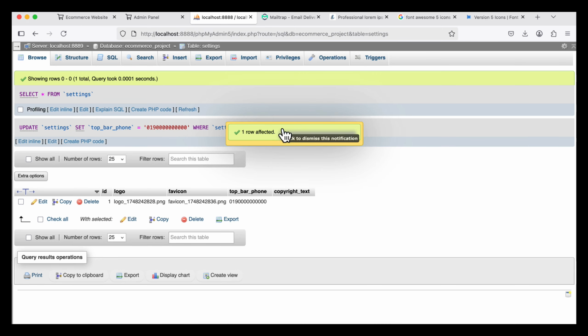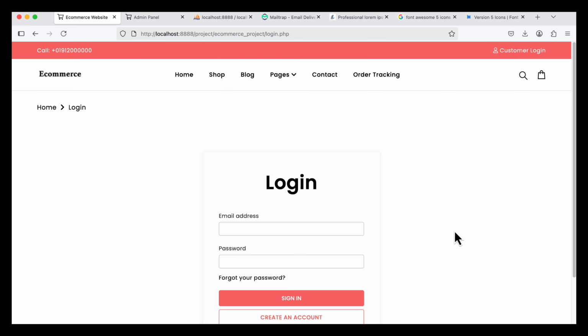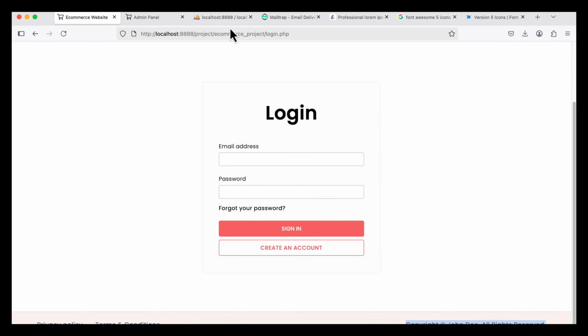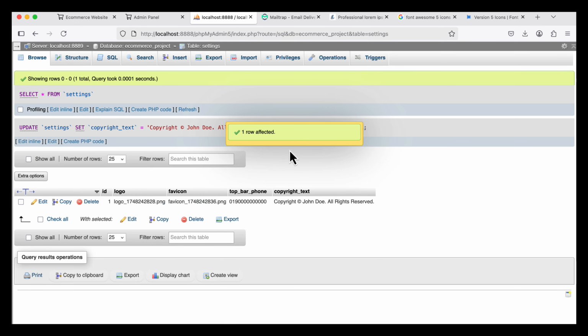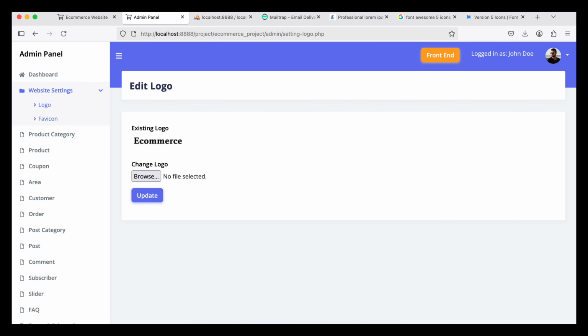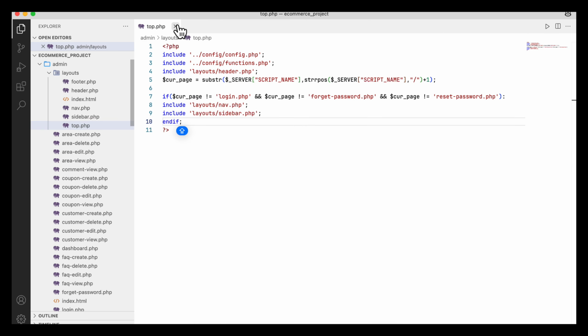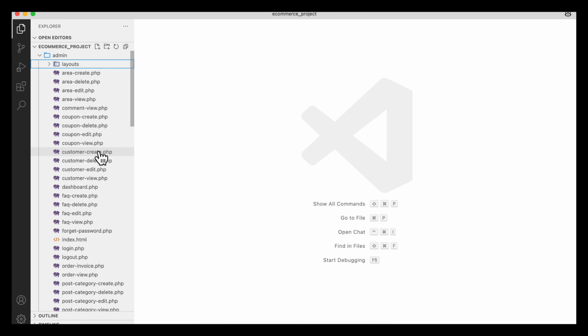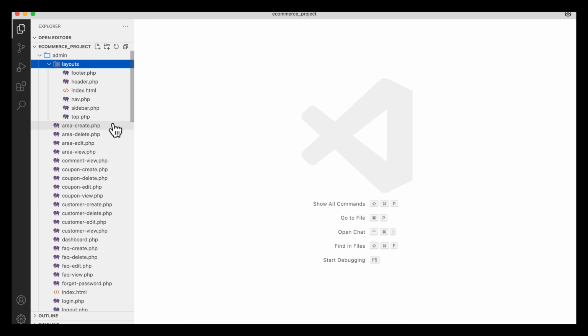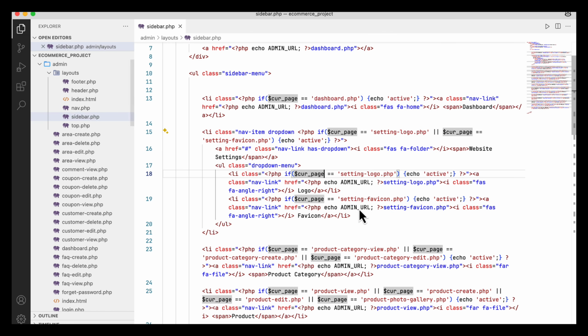So this is a sample phone number, and copyright is, for example, here like this. So I put it here manually. Now I will give the admin the option to change this one. So I am going to give it in the website setting. That means here I am going to close it, and in the setting, that means in the layout sidebar, here